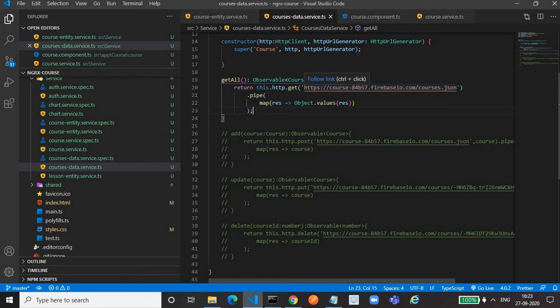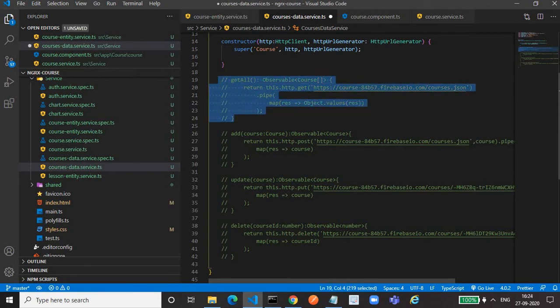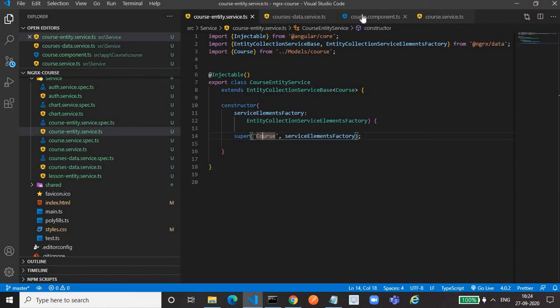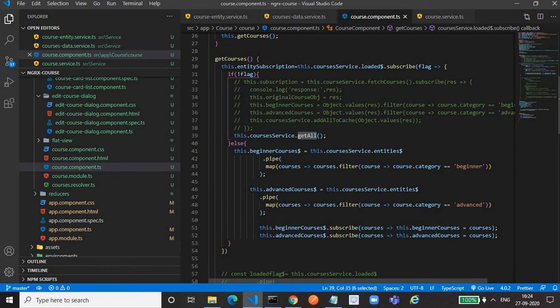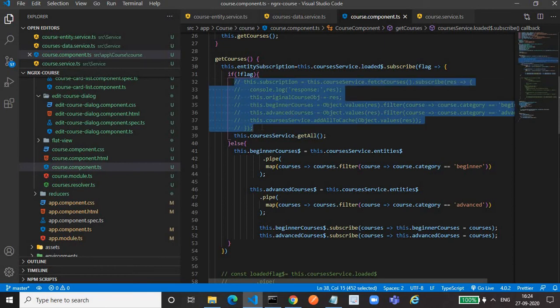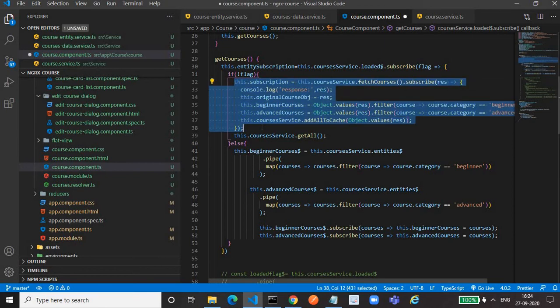As for me, the better approach should be, instead of overriding the get all method, we call our own API, because in our own API we can provide the payload as per our requirement. There is no restriction.